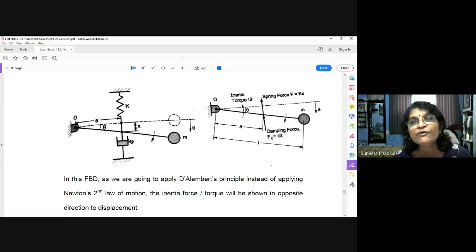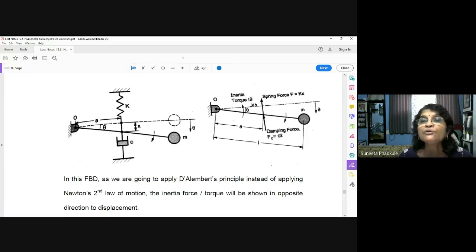What is the damping force? See, the damping force is always opposite to the motion, opposite to the velocity, you can say. So this mass is moving down, so the damping force will resist it, that is, in the opposite upward direction. So this is your damping force. See, the damping force and spring force are in one line because these are in one line here. How is it given? FC, FD, this is the damping force. FC is equal to C into X dot. What other force is there? Inertia torque. Not inertia force, it is inertia torque. You know, it is given by I theta double dot.